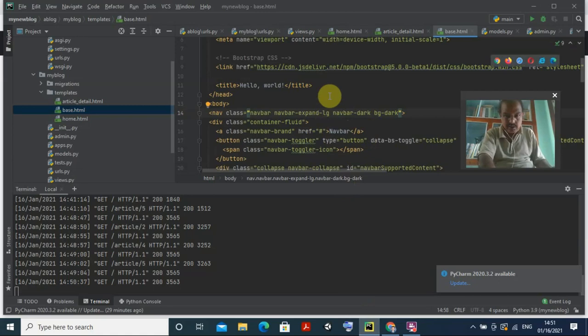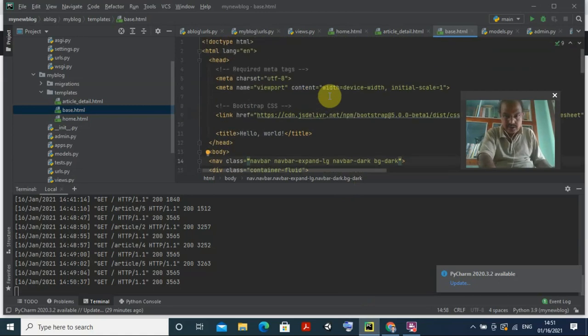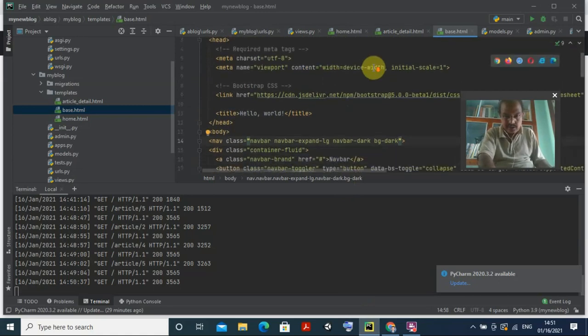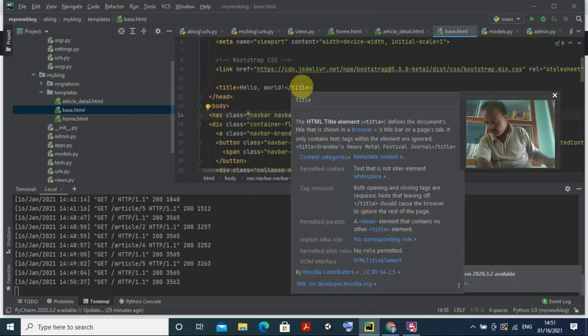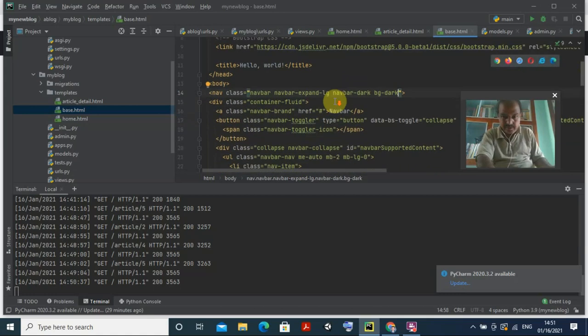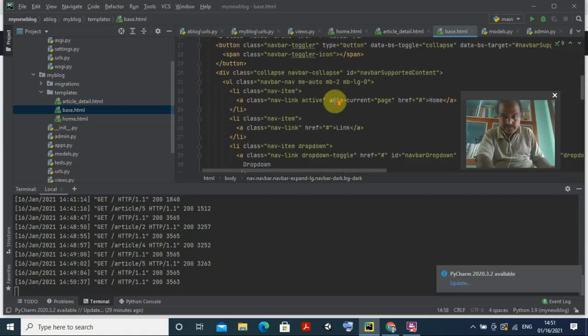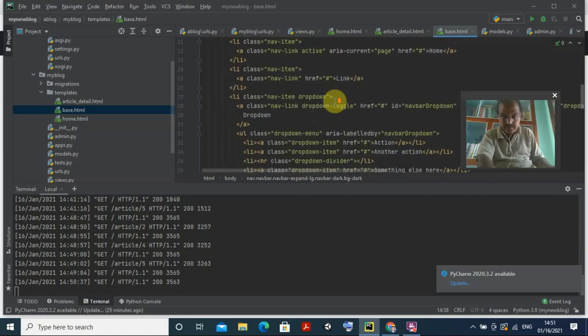This is the button, okay, so just above this, the title instead of hello world, I'll change. These are the things you have to do there. Okay, so here only you need to change instead of navbar, just give it home.